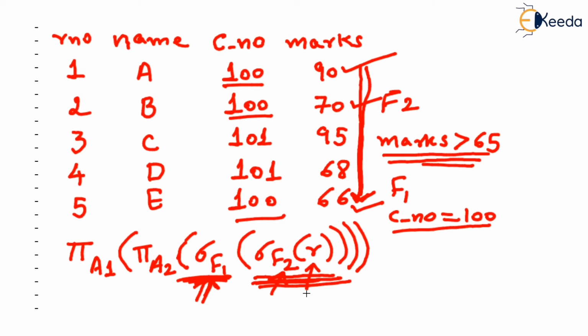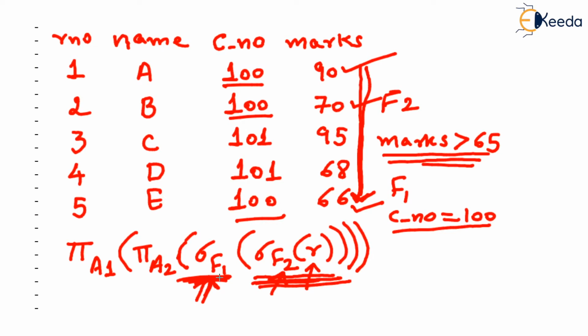Okay. So what is exactly happening, are you understanding? Those tuples of R will be selected where F1 and F2 is true. Check my word, and it is equivalent to AND, isn't it? First, you are selecting the tuples which satisfy F2, and then from that result, you are filtering the tuples which satisfy F1 also.